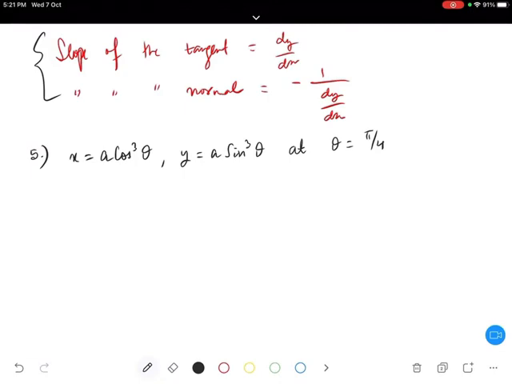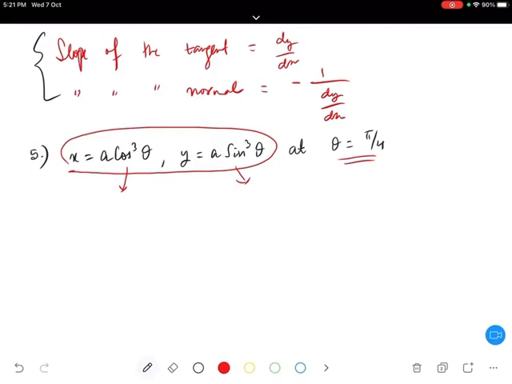अरे revise करो, revise. अच्छा, so we have to find the slope of a normal for a curve. This is the curve, and at theta is equal to pi by 4 we have to find the slope of that normal. So let us do it. First thing, in order to find the slope of a normal, let us find dy/dx first. So how to find dy/dx? Let us pick each one of them one by one and differentiate.